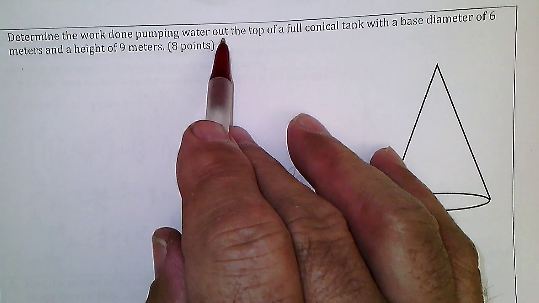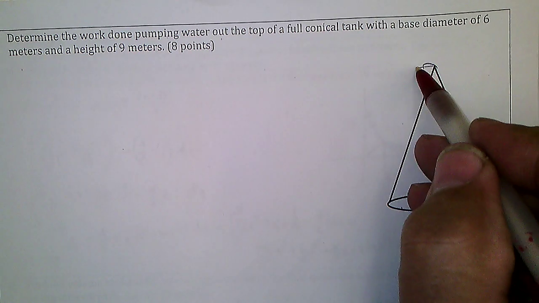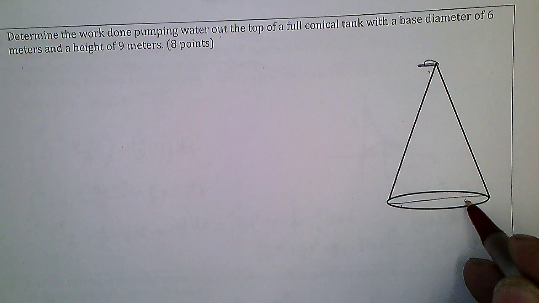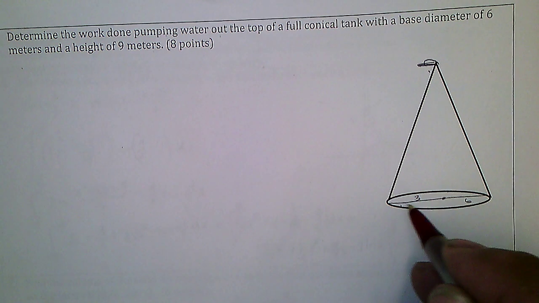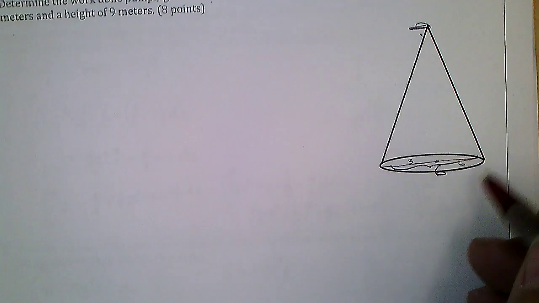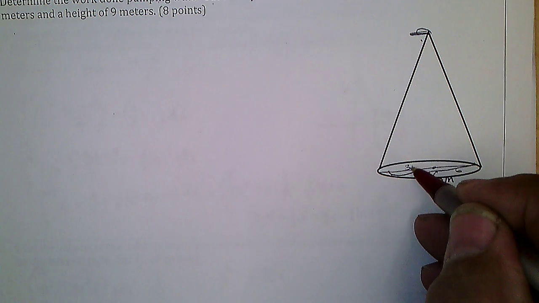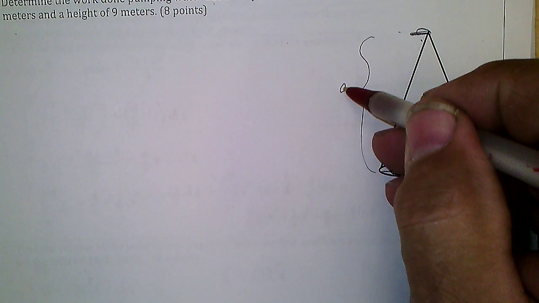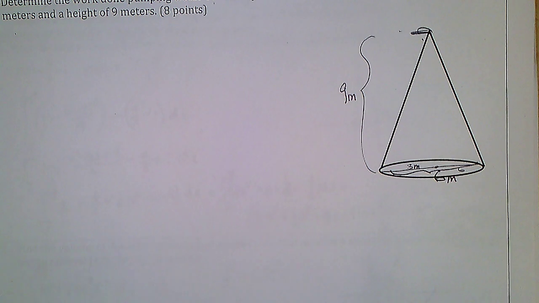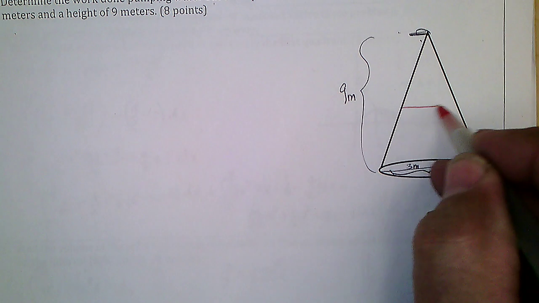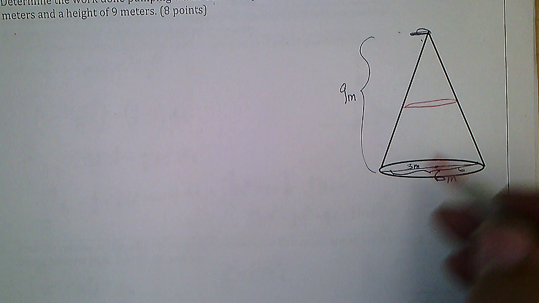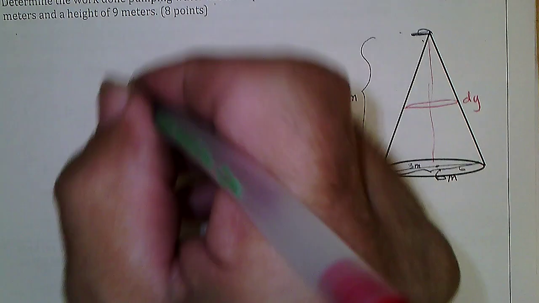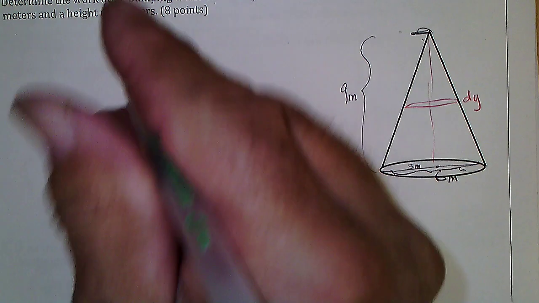Determine the work pumping the water out of the top of this full conical tank with the base diameter of 6, which means the radius is 3 meters, and the height of 9 meters. So we're going to slice it, and we're going to slice it this way because we've got to lift that slice. And from class, I get the feeling that you'll probably want to call this dy. I probably should have done the last one with dy, but I did dx. So dy,